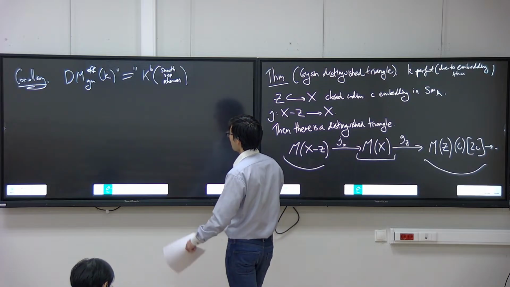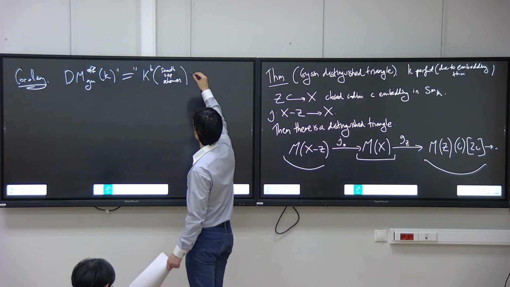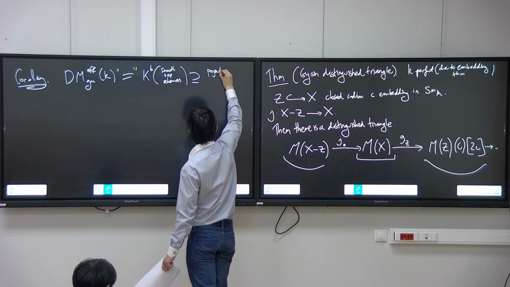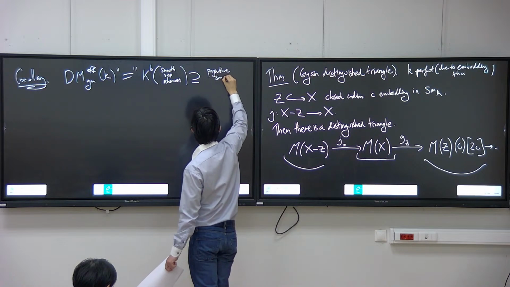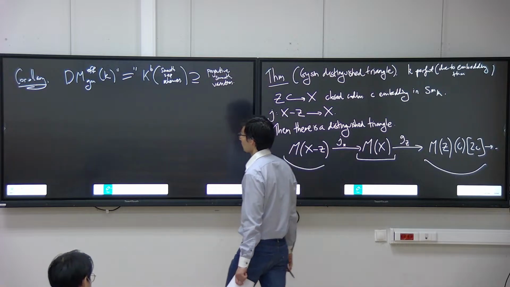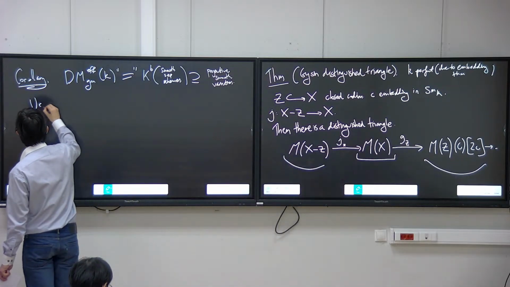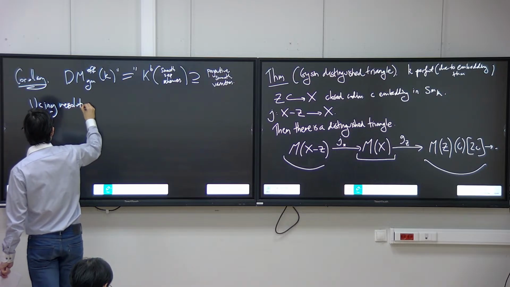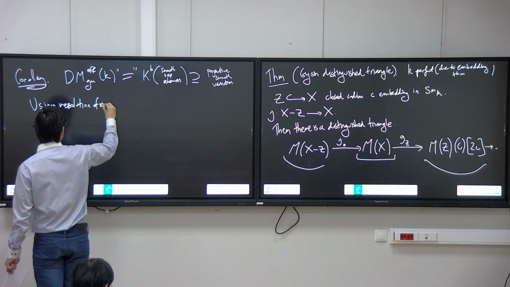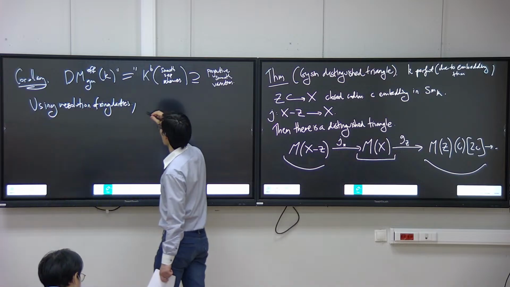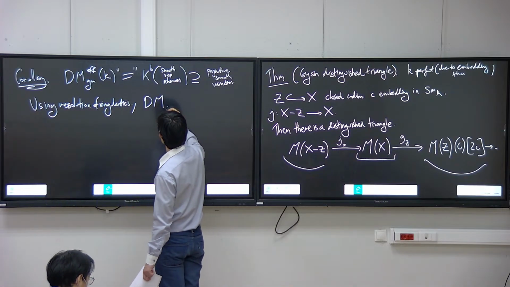Anyway, you see that this is a lot more than just projective smooth varieties. But, so using resolution of singularities, this bigger category, DM geometric,